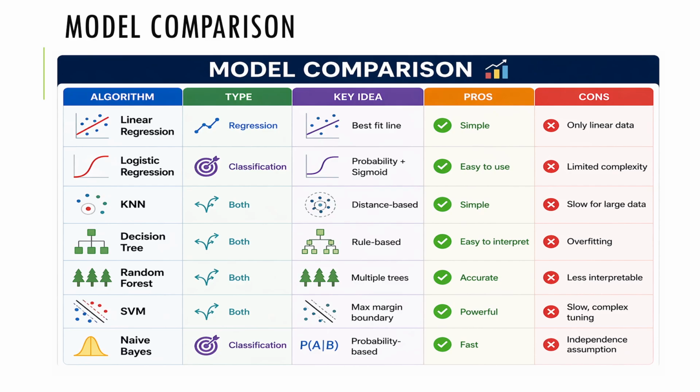So each algorithm has its own strength and limitation. There is no single best algorithm. The best choice always depends on the problem and the data. The best model is the one that fits your data, not the one that is most complex. Always remember that. If you have a huge data set, which model will you choose? You have to decide that. So please go through all the videos so that you can understand the basic algorithms in a very good way.